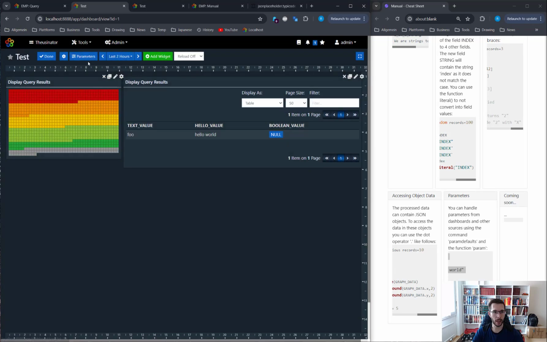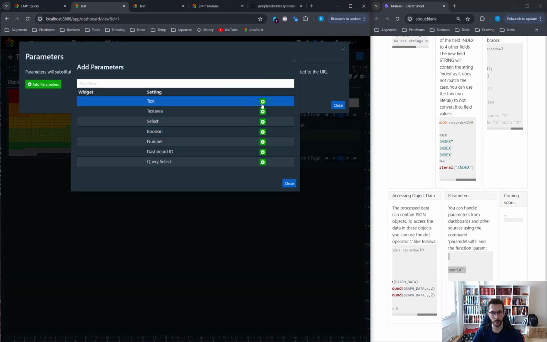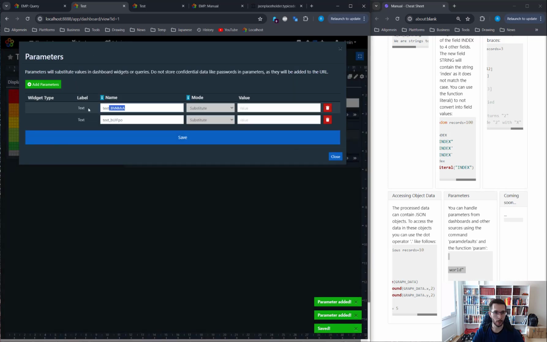And now on the dashboard, we have the parameters. We can say add parameter. Let's say we want to have two text fields. One we name text, one we name hello. And we can put here a default value. Let's say we take here, what do we take? Italian